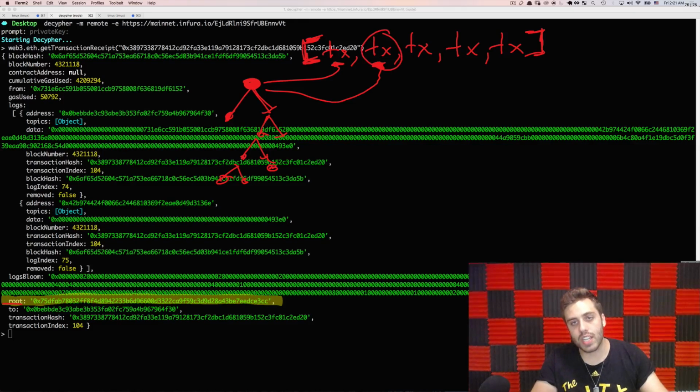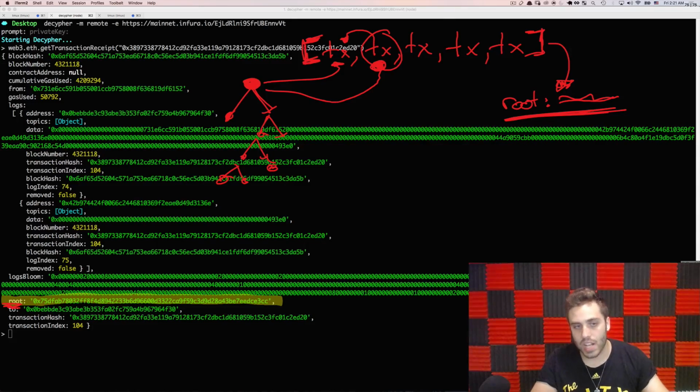So this transaction here needs to be processed after this transaction here because it needs to know about this transaction's intermediate state root in order to generate its own intermediate state root. And then at the end of the block we'll have one root parameter, which is the root of the state tree after the entire block has been processed. But in practice, you very rarely ever use these intermediary state roots from an individual transaction. You're more concerned about the root after the block.